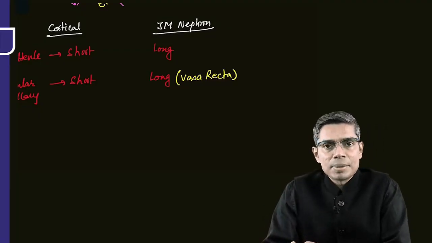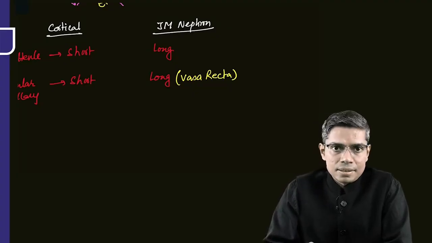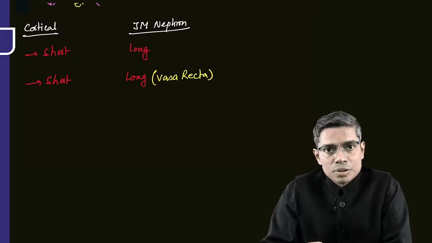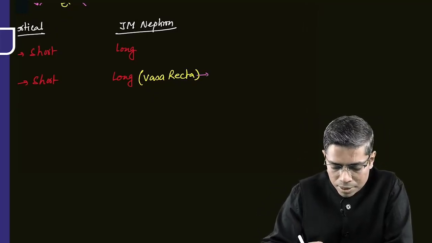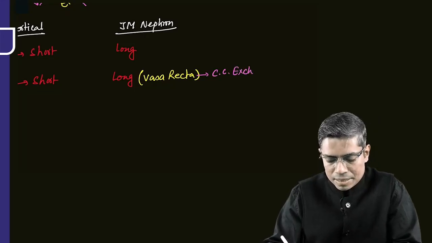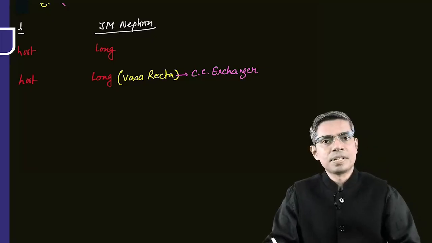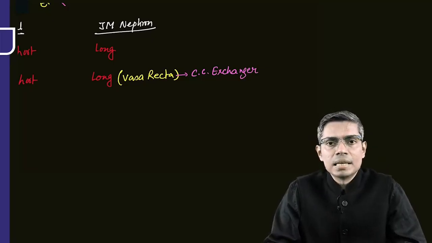That peritubular capillary, that is the blood vessel, is known as the vasa recta, right? So this vasa recta has some important functions. Could you recall that? This vasa recta is responsible for the counter current exchanger mechanism. So when we discuss the counter current system in the kidney, you will understand